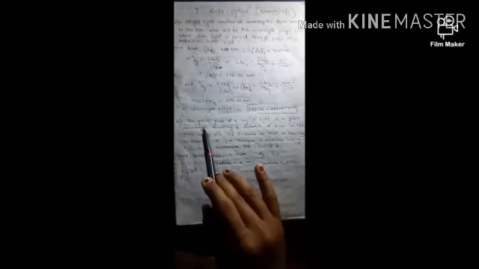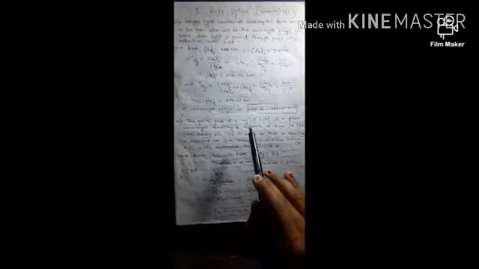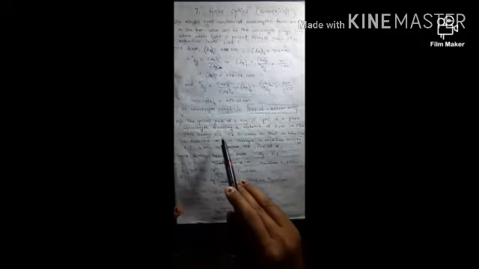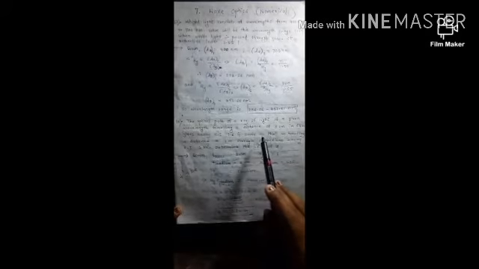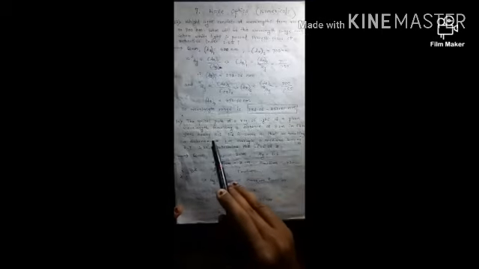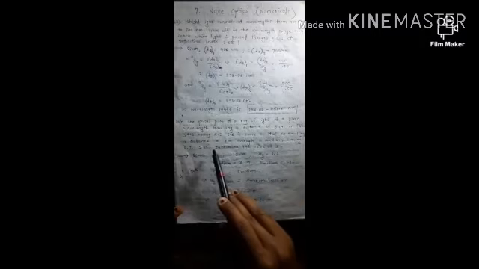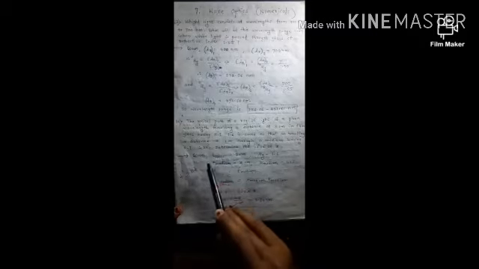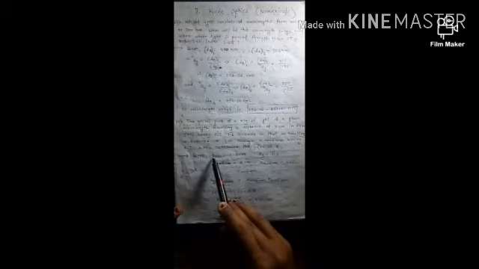Now the second example: the optical path of a ray of light of a given wavelength traveling a distance of 3 centimeter in flint glass having refractive index 1.6 is the same as that on traveling a distance x centimeter through a medium having refractive index 1.25, then determine the value of x. So the given quantities are the distance traveled by the light in a glass medium, it's 3 centimeter, and the refractive index of glass is 1.6.